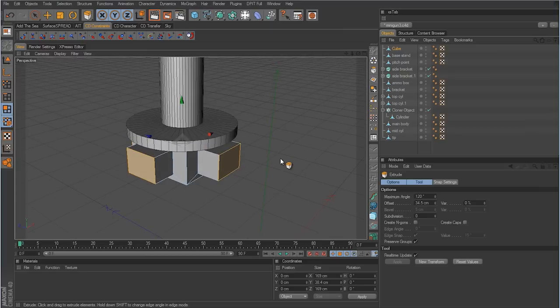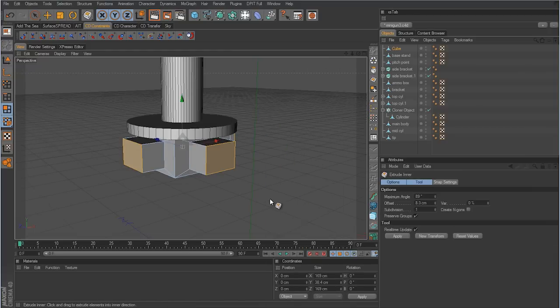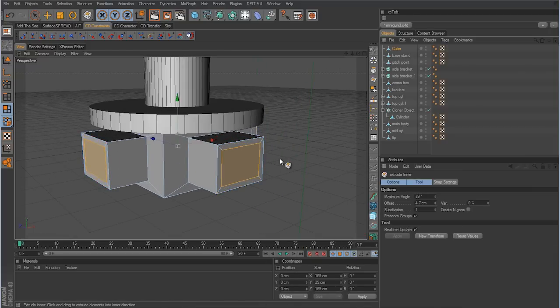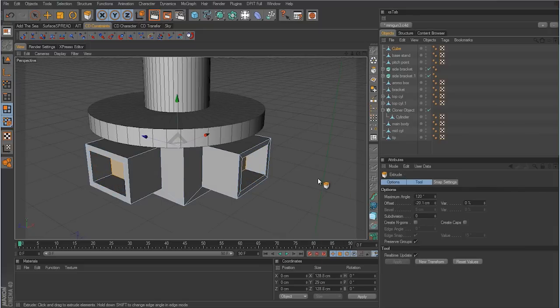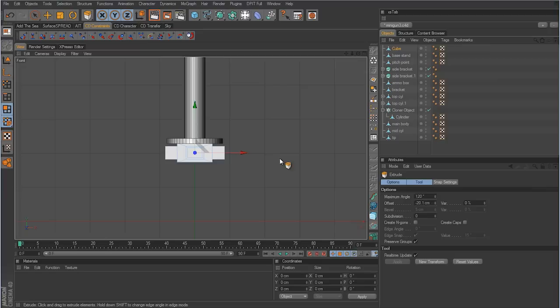Alright, so now that we have those, we need to determine how we want to build the leg. Do we want to make some more extrusions and then have the legs come down and extrude to round them out, or do we want to just build with separate geometry? Well, actually what we could do is build with separate geometry, but we can use a spline and use a sweep NURBS to build the leg. So what we'll do is an extrude inner to punch a hole into all 4 of these extrusions that we just made, like so,